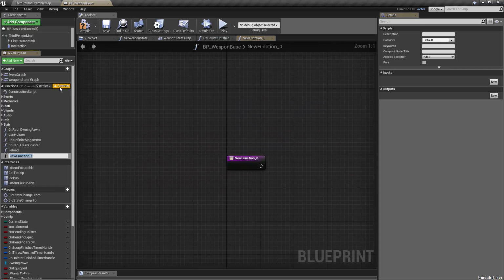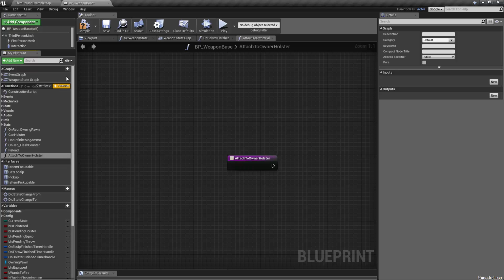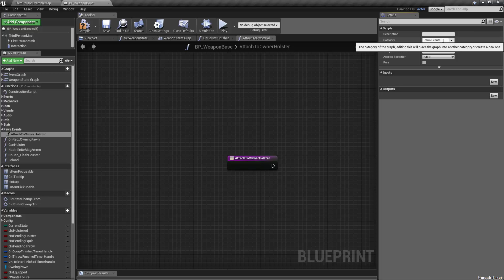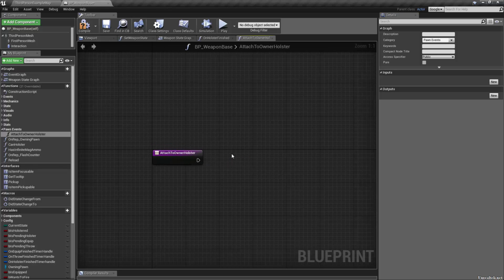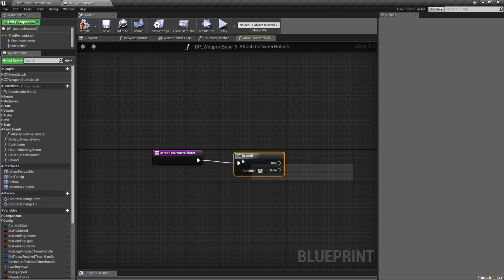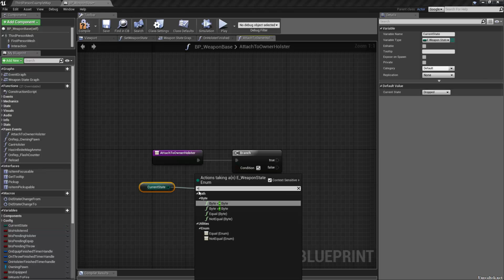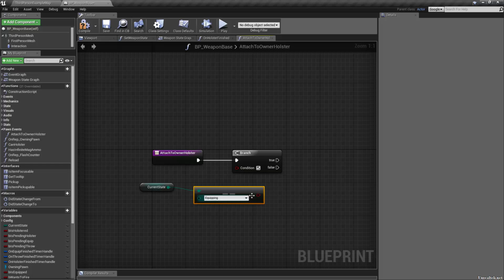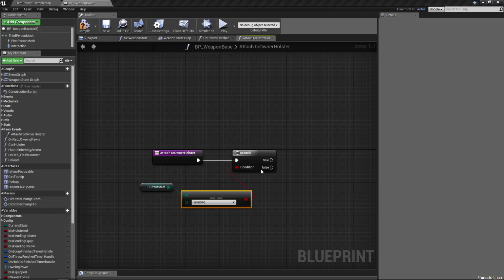Let's add a new function called attach to owner holster. This is going to be under, we'll go something like pawn events. I think that'll work just fine. And this has no inputs or outputs, it just goes into a branch. That condition is going to be, is the current state equal to equipping? So that's our condition, and if false, we want to